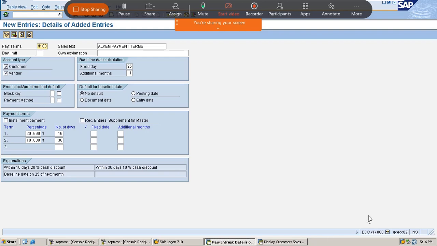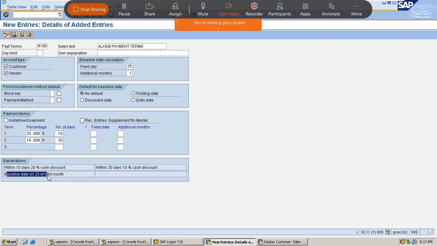See, these are the cash discounts which we are going to offer to the customer. So what is the control which we have given here? If the customer pays within 10 days, then he is eligible for a 20% cash discount.